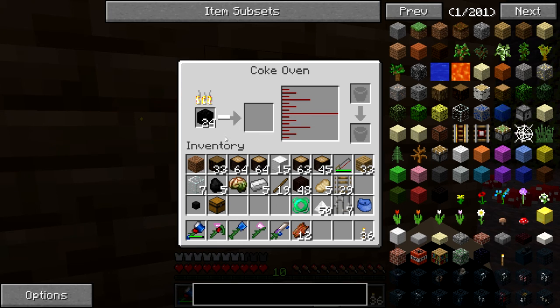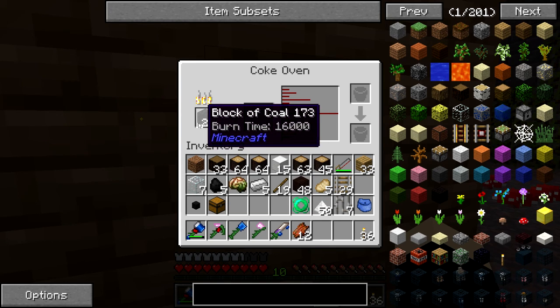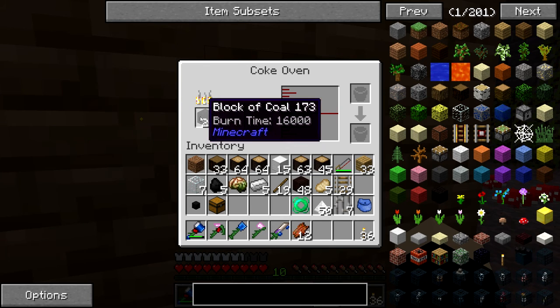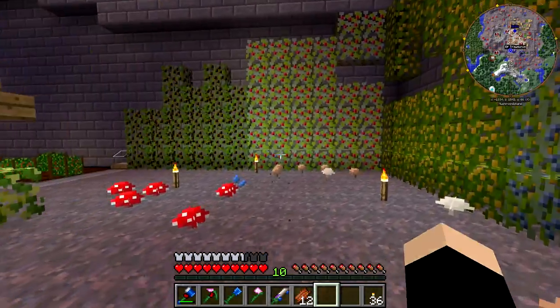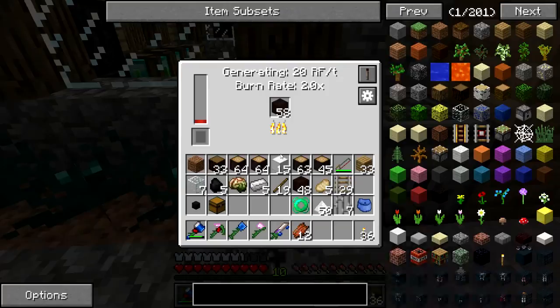I think you get the same amount of burn time requirement to burn just 9 individual coal as opposed to a block of coal. I mean, it's probably the same amount of time. It's just you only wait for it to go through once if you have a block instead of the multiple bits and bobs. Should we create some sort of a...